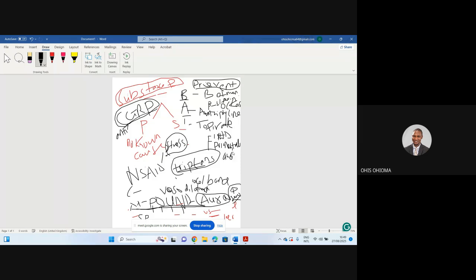So they can put it in a question. They can tell you about a patient who presented with an acute migraine attack, and put in the question that the patient suffered or is currently on treatment for chronic stable angina. And they ask which drug you would not want to give this patient in treating his acute attack. You need to know that triptans is the answer to that question. Then other drugs you can use are antiemetics, metoclopramide, chlorpromazine. These are drugs that you can also use to manage migraine.